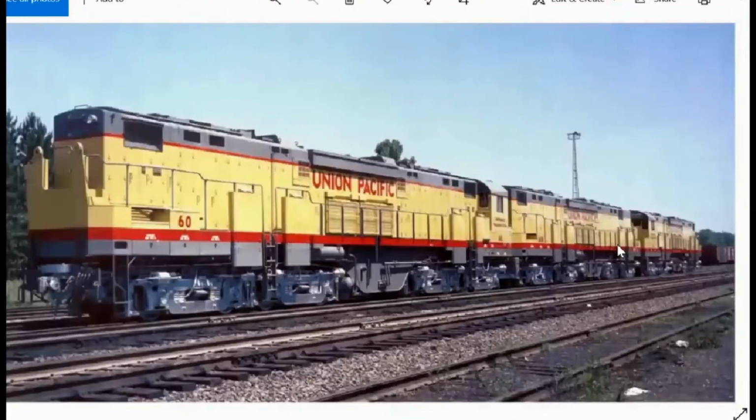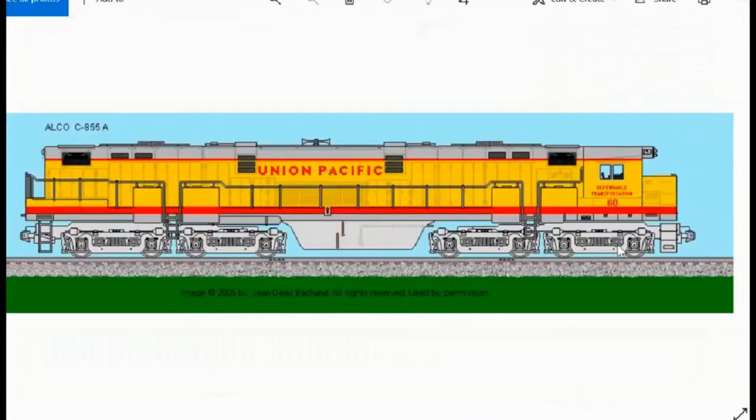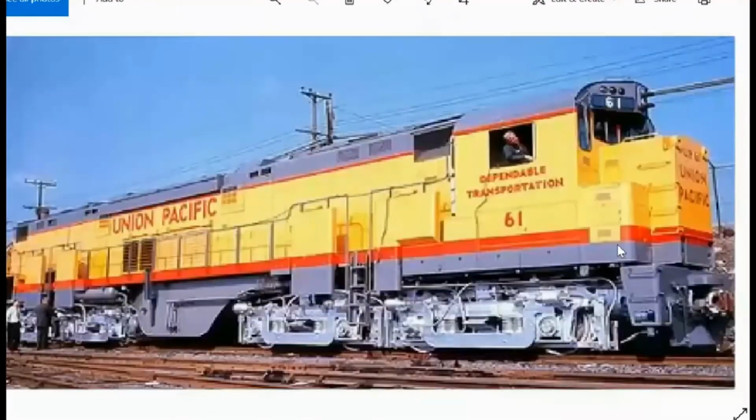So now there's the whole set: an A, a B, and an A, and the cabs are facing in. So they must have put something else on the outside to run it. Probably put an RS-27 or something on there. Sure. Just ran them long hood forward. Yeah. Oh, yeah. You wouldn't see anything. 150 feet. Yeah. So they got some miles out of them, but